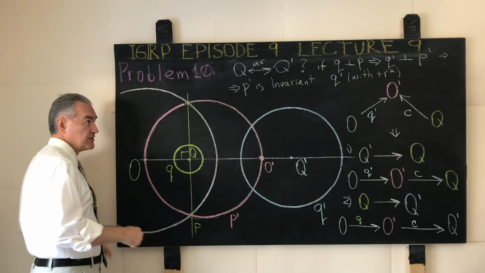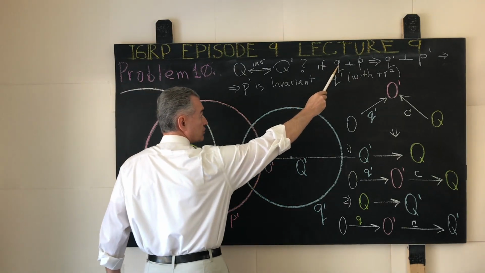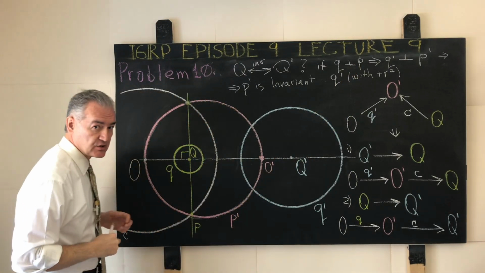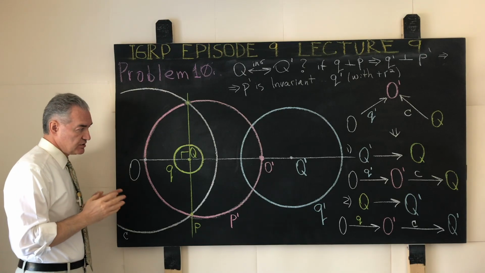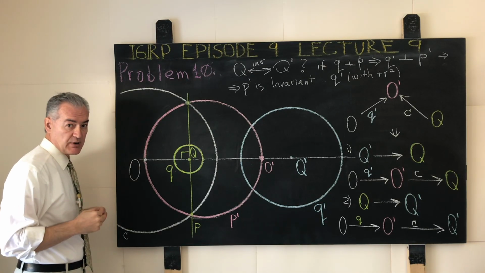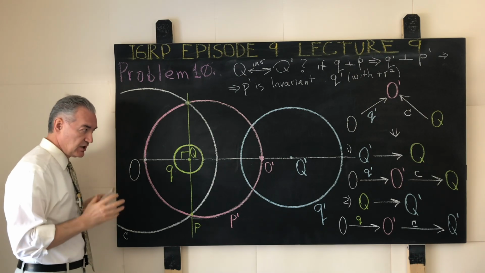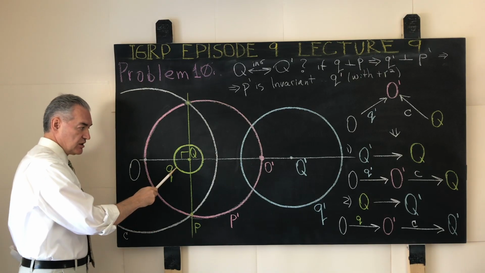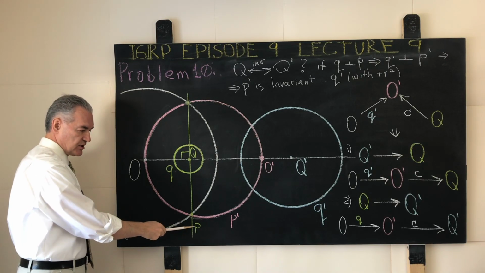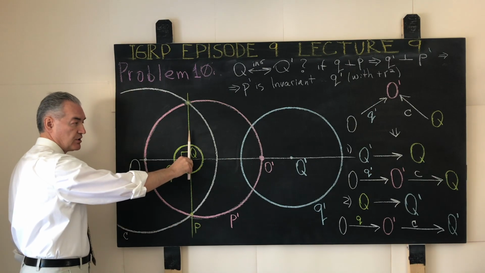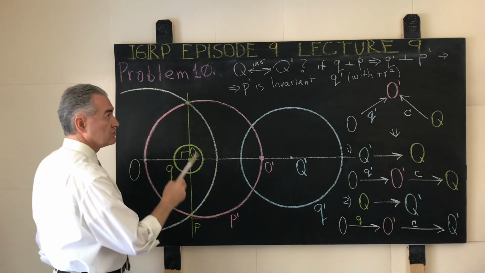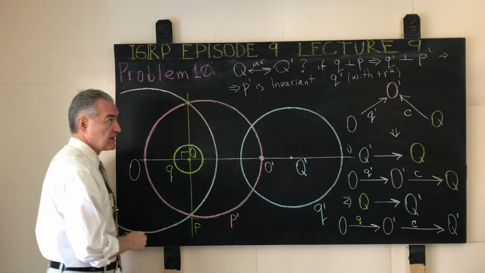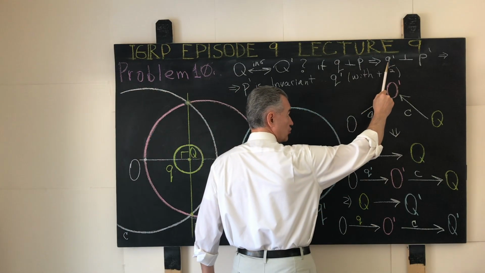We say that if our circle Q is orthogonal to the straight line P, then under the corresponding inversion, which in general could be with either positive or negative power, but in this case we limit ourselves to inversions with positive power. As such, if the circle Q and the straight line P are orthogonal, which they are, then under the corresponding inversion of the parent plane with respect to the circle C with positive power, their images, the circle Q prime and